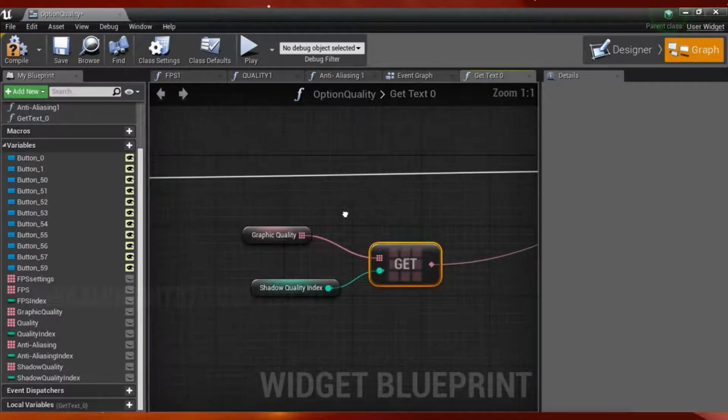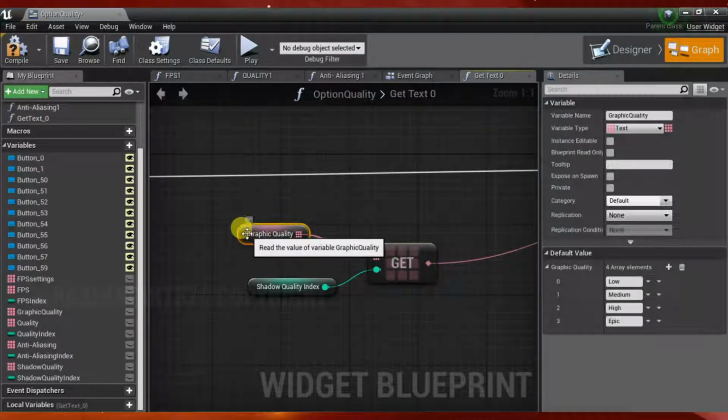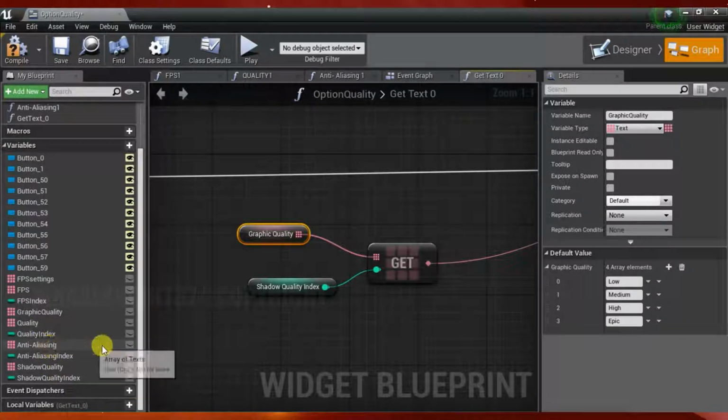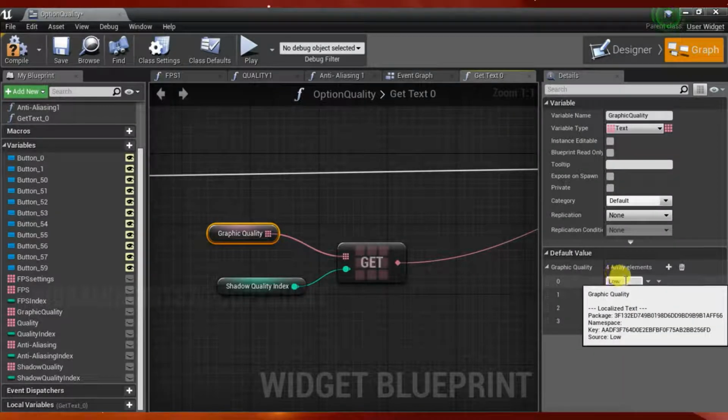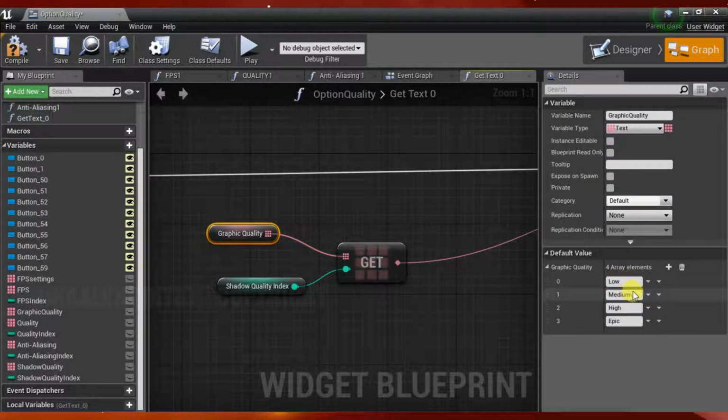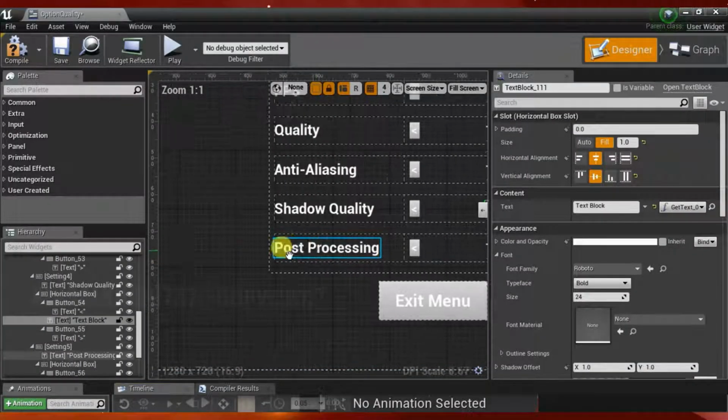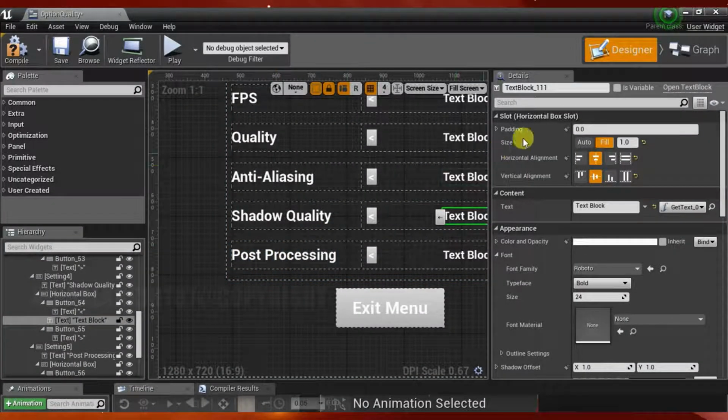One thing, if you notice here, we have the graphics quality from the three cases, it's because we have low to epic. If you want to change that, you can, you can create another and just change this for whatever you want. This does not affect your engine, but this is all what we actually script as text in this part. Let's go to the design and hop back into the second part, which is actually the post